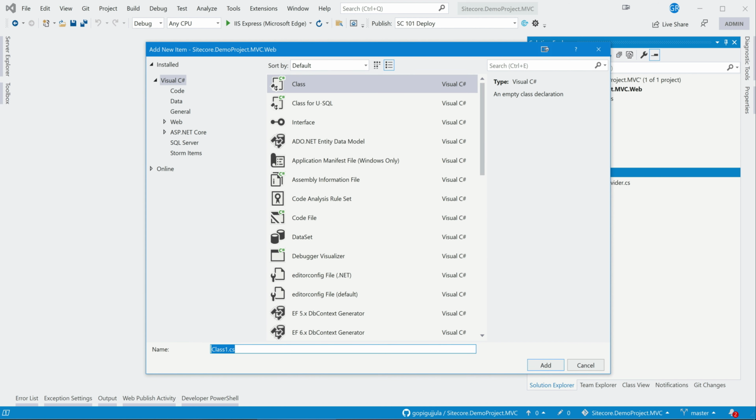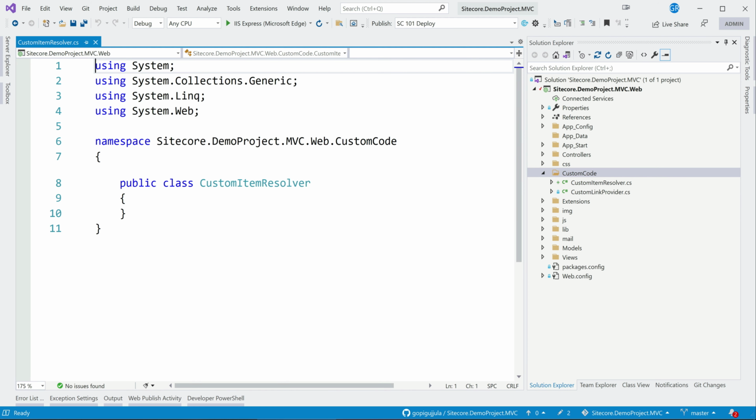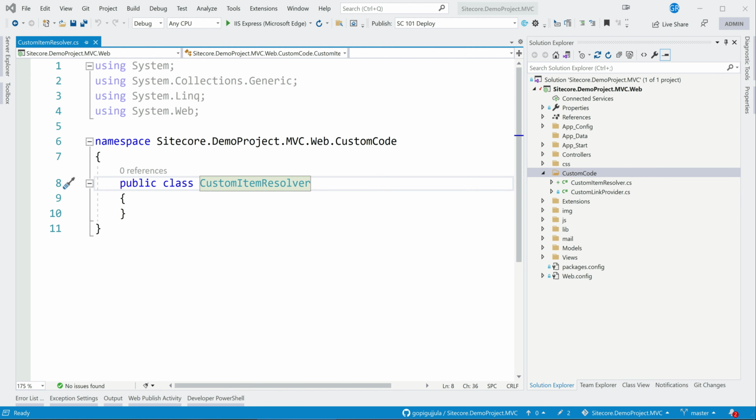Again, we have to inherit a class and override some methods. Custom item resolver. So what we need to do is inherit from the